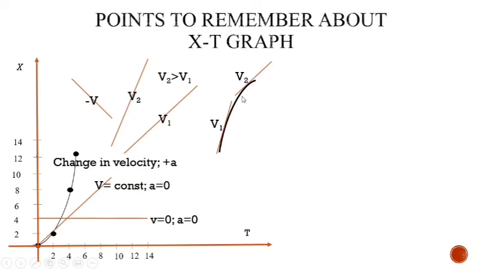If you compare, the slope is higher for V1, and that means velocity of V1 is greater than velocity of V2. As time increases, you can say the velocity is reducing, and velocity reduces when there is deceleration or negative acceleration. So a convex curve indicates the negative acceleration. So you should remember such behaviors or different natures of the graph. So just by looking at the graph, one should be able to understand what is the type of motion that is happening in that particular object. Now let us see the velocity time graph.